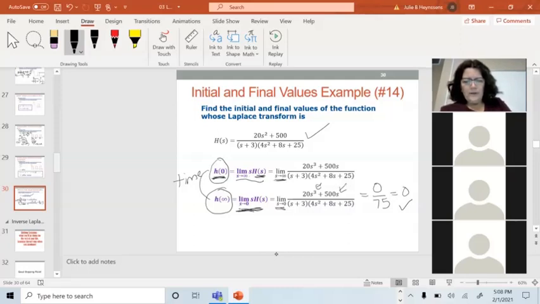Okay. Now when I plug it in at time t equals 0, it's the same limit, except now I'm looking for the limit as s approaches infinity. The way I did it in calculus is I would have taken every term in there and divided every term by s cubed. And then all of them would go away. And then someone reminded me, like the first or second semester that I taught this, about L'Hopital's rule. You can do that too. You just take the derivative of the top and the derivative of the bottom, and you get the same result. But if I divide everything by s cubed,